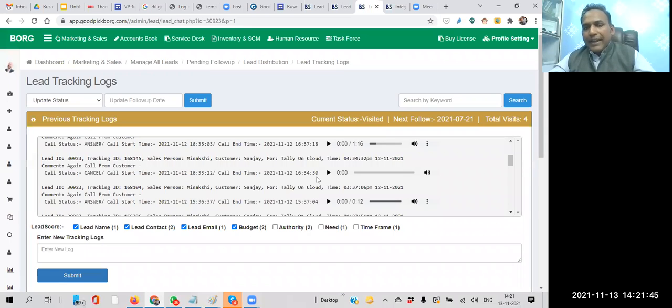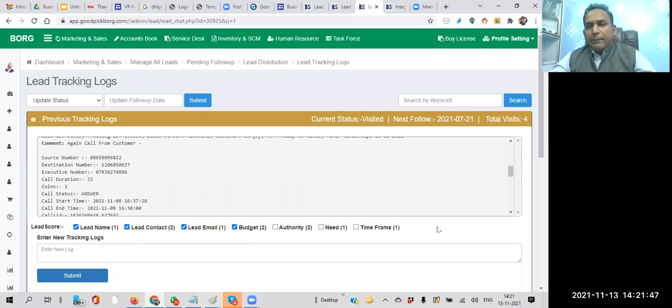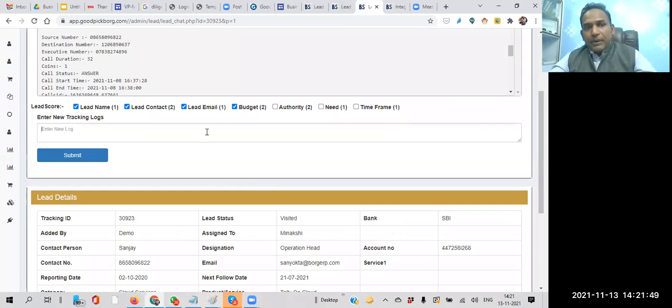The one is in the form of text. Whatever conversation has happened, we already know, so I'm not repeating. We are briefing over here and just putting whatever conversation we are having. So that is always in place.